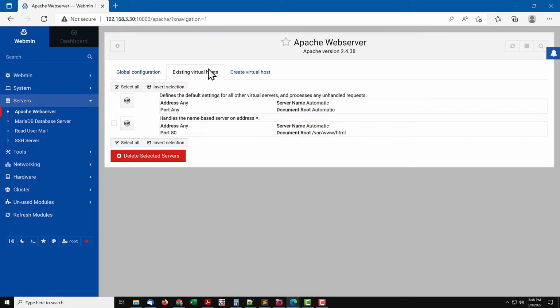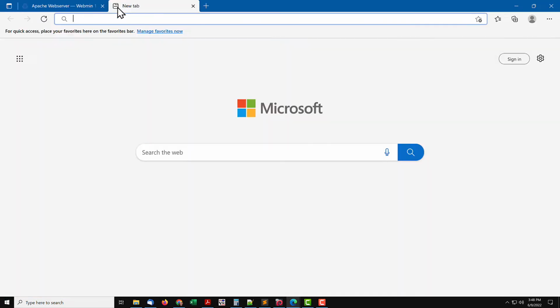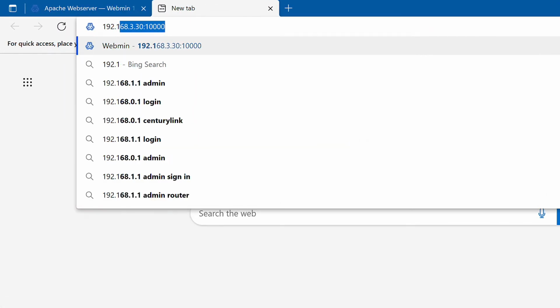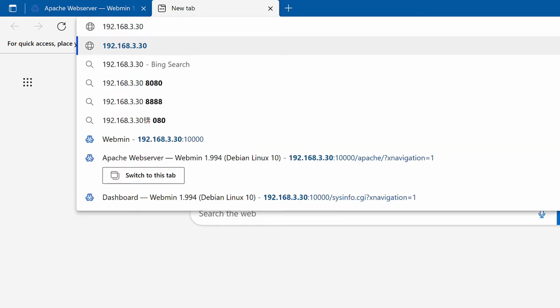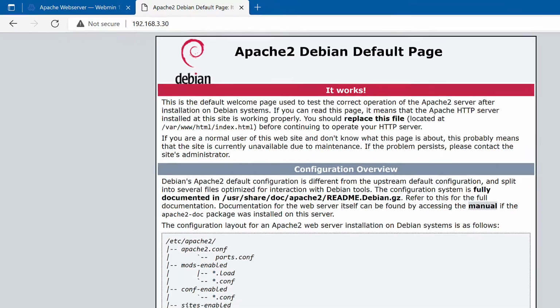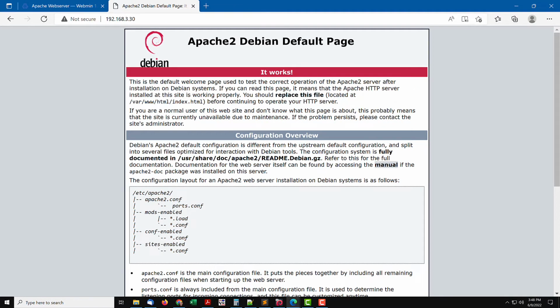Open a new browser tab and confirm the default site is working okay. In the address bar, enter the IP of the server, but without any port, which returns the default web page. And there it is. All right, the web server is working, but only because we know the IP address. We want to host multiple sites on the same server, but it has only one IP address. To do this, we use specific host names, not IP numbers.